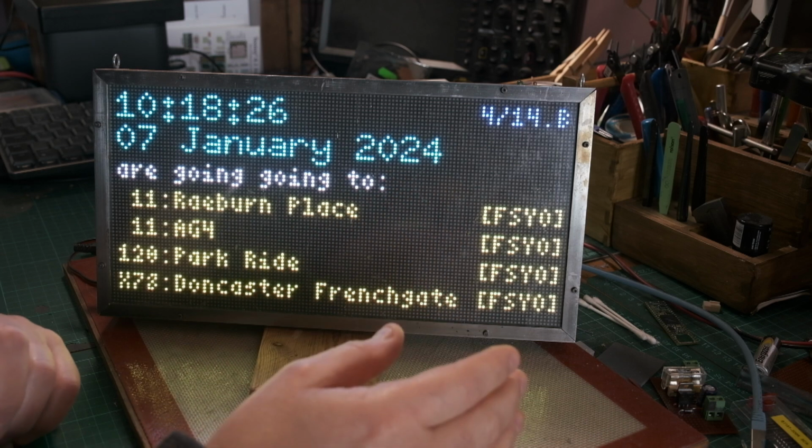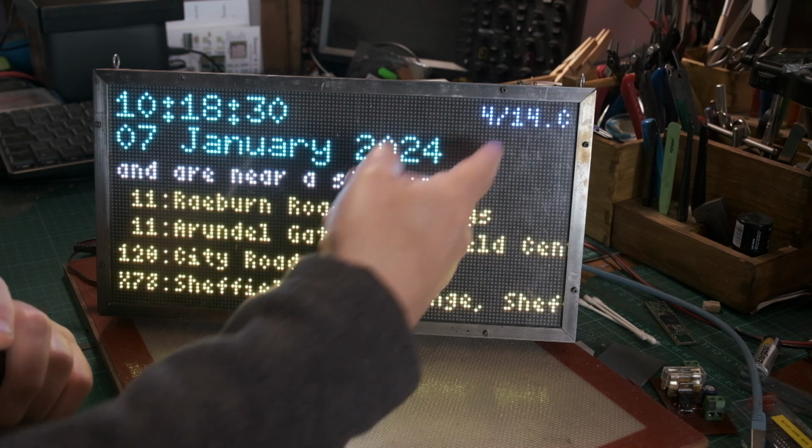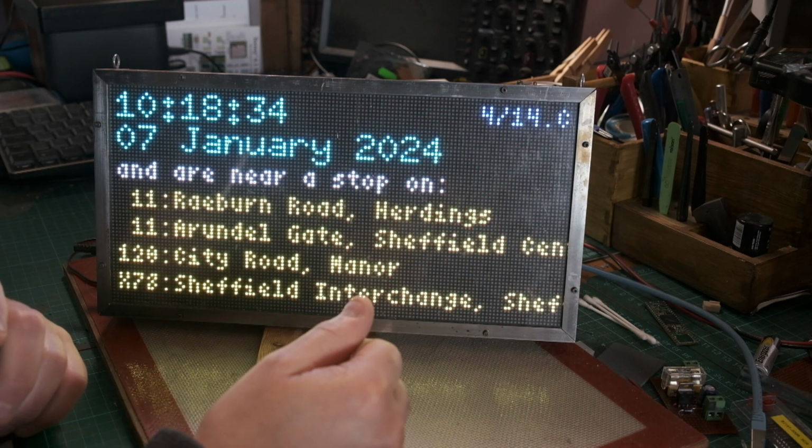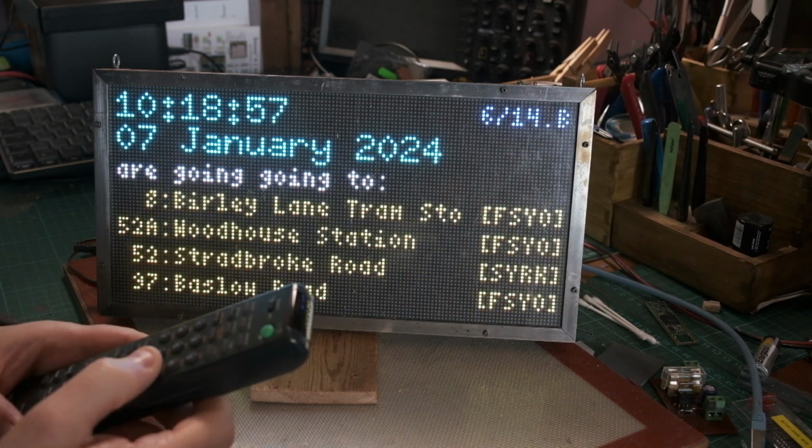Because this data is, by the time you see it and you've got to page 10 or whatever, the bus will have moved on. It needs more width as well. On for this one,